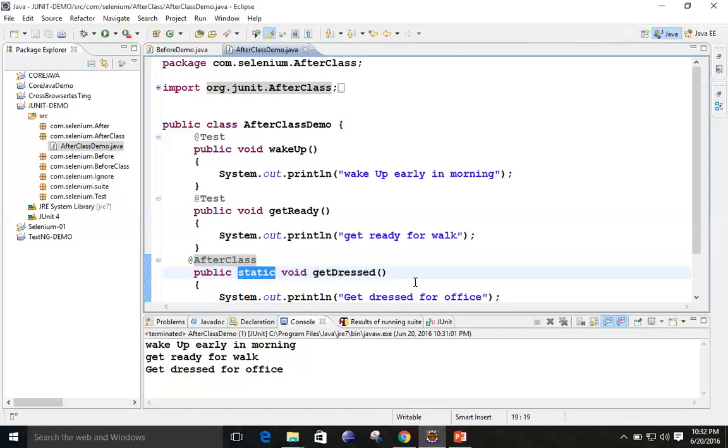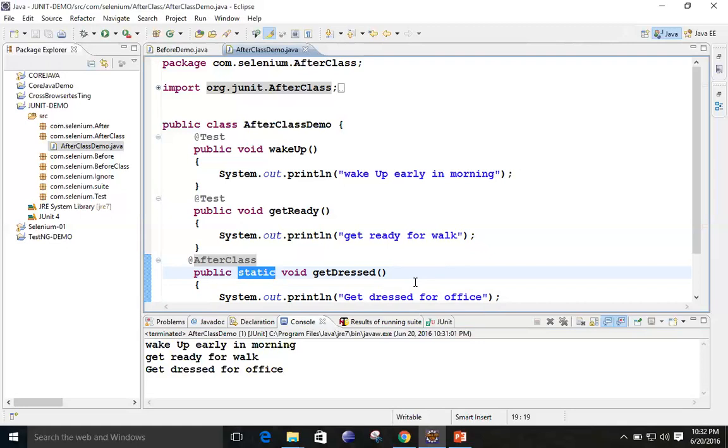Why is it static? Do you remember public static void main? Why do we write public? Because it can be called from anywhere. Static means it can be run before creation of the object. Okay, the class and object concept is there.